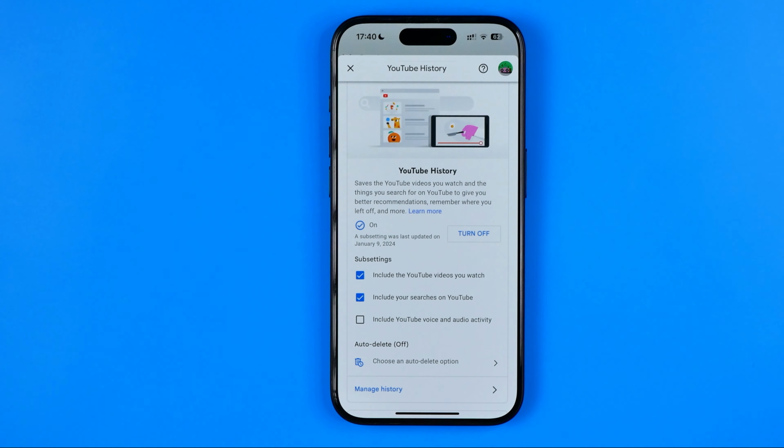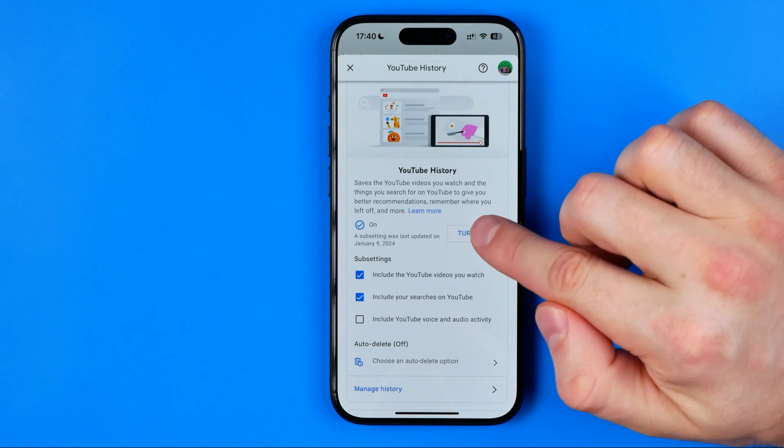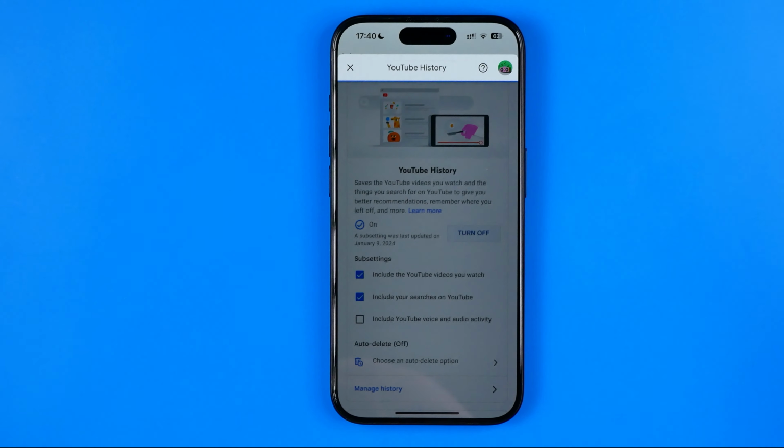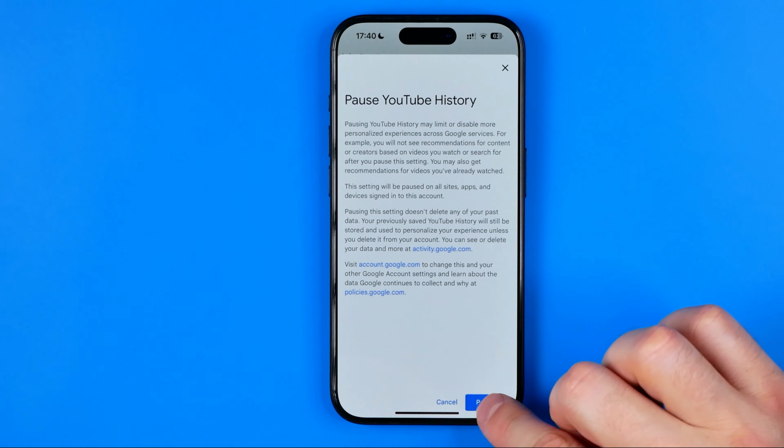If you just want YouTube to stop tracking your entire history, tap at turn off, and then YouTube will stop tracking your searches and watched video history until you turn this option back on. Now I'm gonna tap on it, then hit pause,